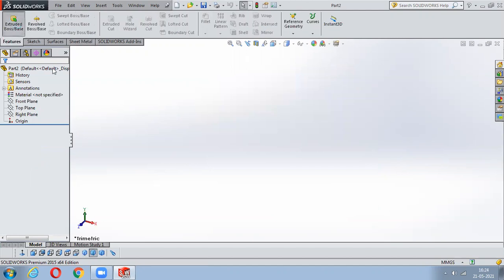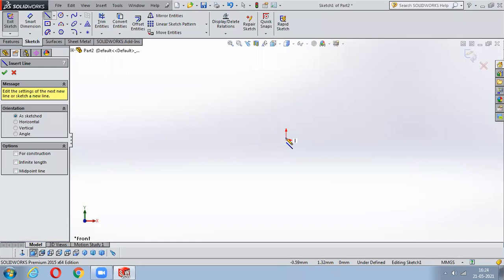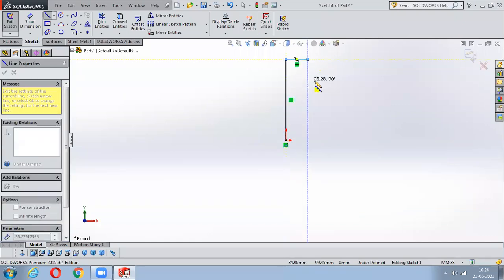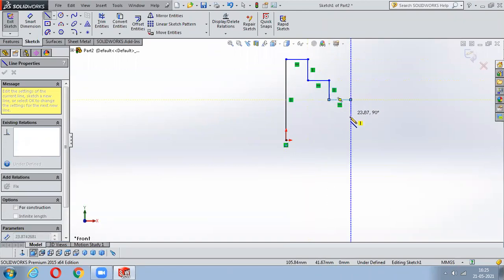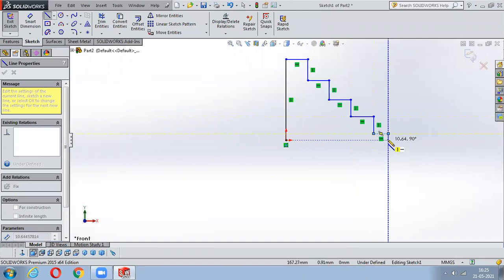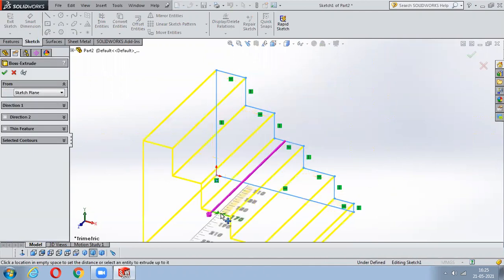I'll just go with this features and I'll select this plane and I'll create a solid block type of thing like this. So once it is done, I'll just say exit to this. I'll just create it as a solid.